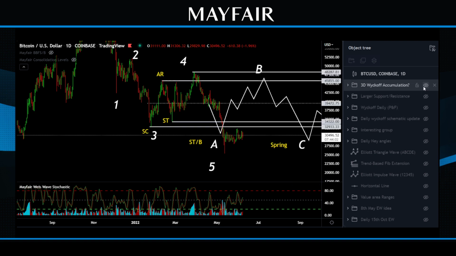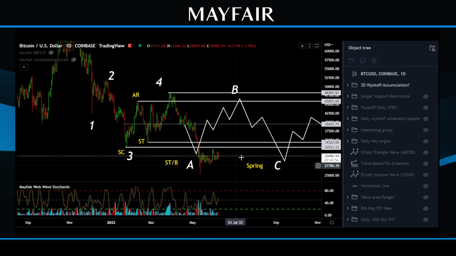Now, in terms of an accumulation, this is the type of pattern that I'm seeing, right? We're obviously not there yet. We're not looking at this as exact levels, exact numbers for the whole thing. Like I said, whether or not this was the seller's climax on the smaller one or the bigger one, that's still up for debate at the moment. Personally, I like this as the option, but I'm going to keep this behind wraps at the moment in terms of really getting behind it. I think I like it, but I'm not 100% convinced that this is the play just yet.